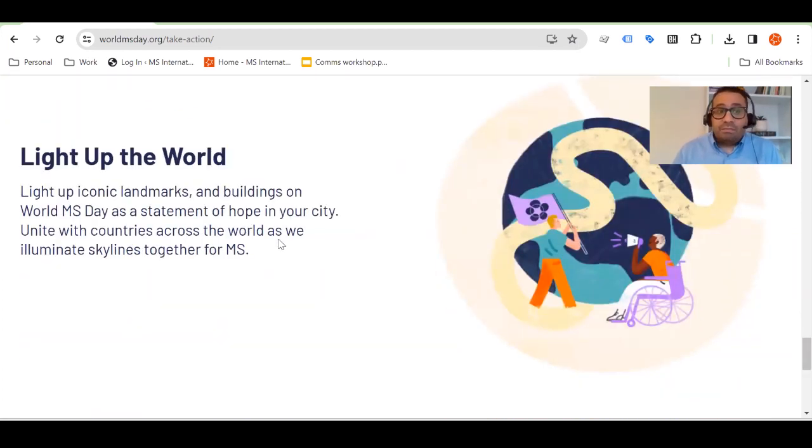Light Up the World. We know many organizations have done this; we've seen it in Canada and Ireland, in Latin America, and I'm sure in many other parts of the world, where they light up iconic buildings or landmarks to show solidarity with World MS Day, to give a statement of hope in the city, and to show that we are united across the country during World MS Day.